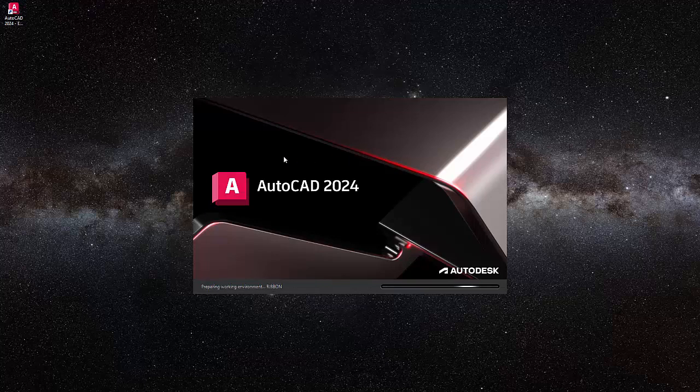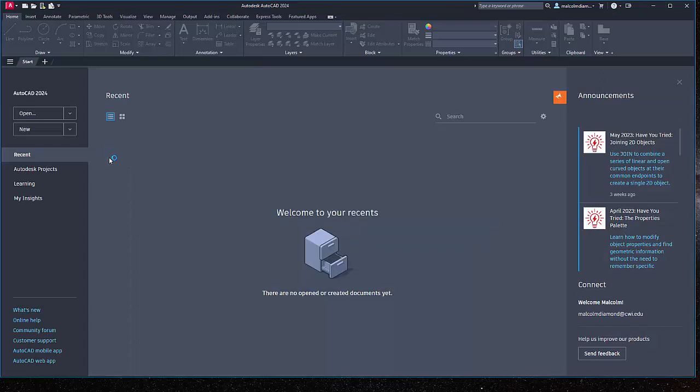Now this will vary, as I've said, in times. If you open up the one at college, you might find it takes a minute or so to load because of whatever load is also on the system. Now when you first come in here, this is more like a reception room into AutoCAD. You can notice that there is a ribbon up the top and I can see it's got lines and circles and arcs on there. But if you try to click them, nothing will work because this is not in the main